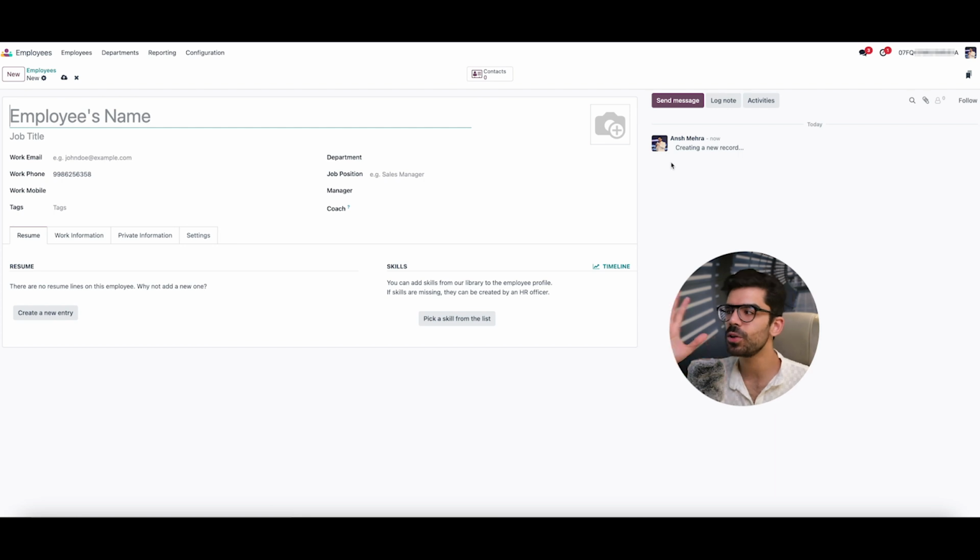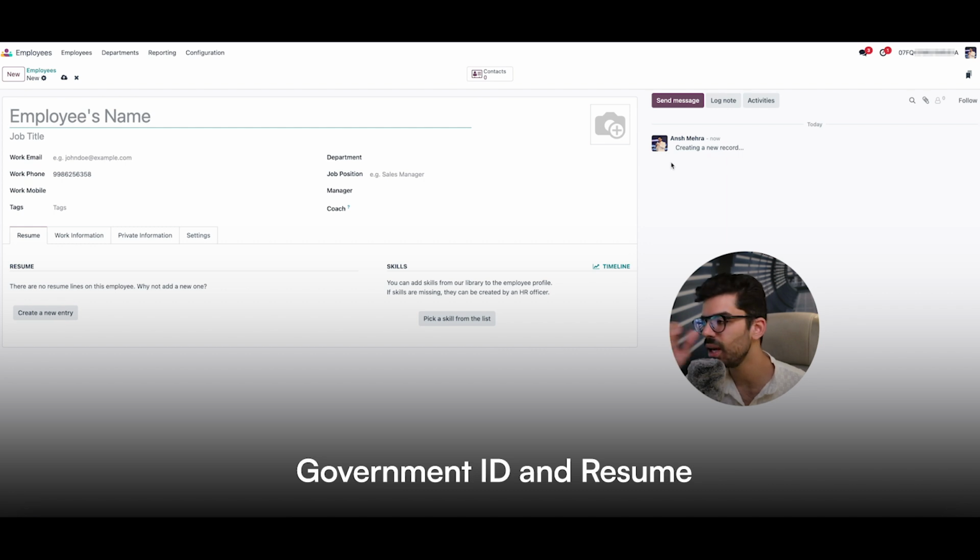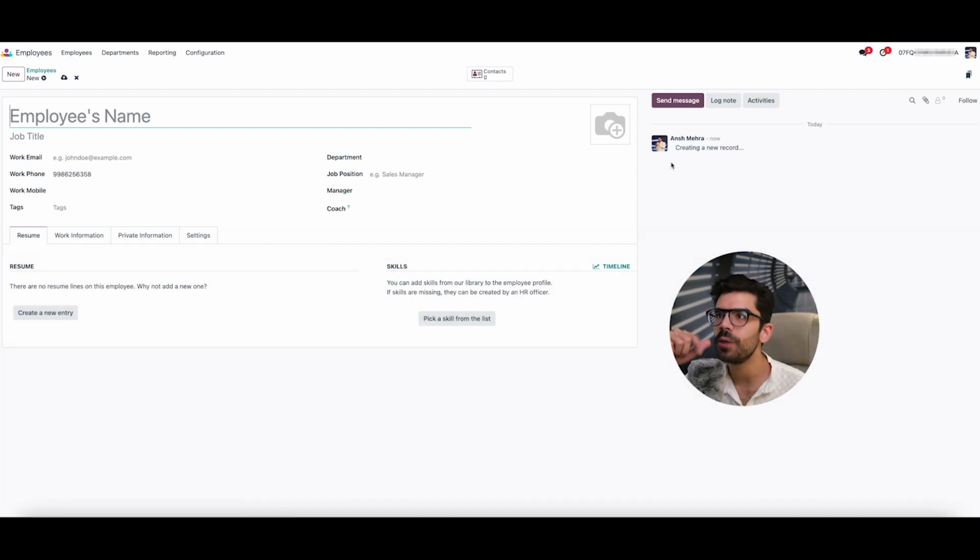I would recommend when you're starting out, basic things like their email, phone number, and picture are just very, very important. Their government ID, their resume, all of these things will help you get feedback, understand who are we hiring, if you want to fire someone, if you want to quickly access someone, if you really want team member 1 to coordinate with team member 2, they will not message you. Otherwise, they will always annoy you. Oh, can you send me this person's email? Can you send me this person's phone number? It's just a mess in general.